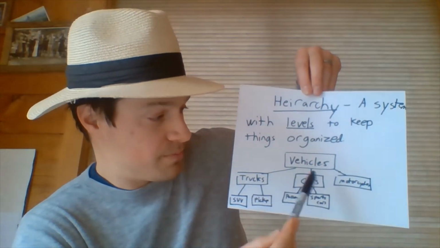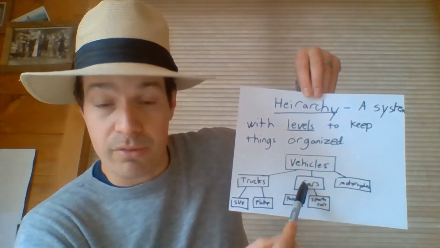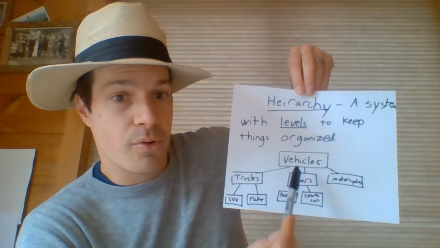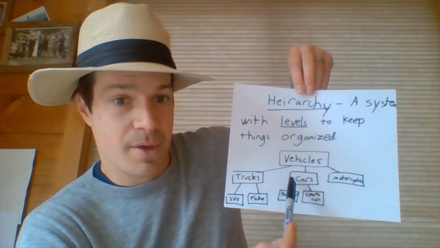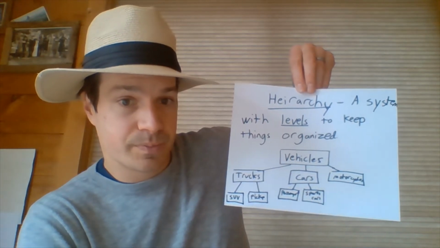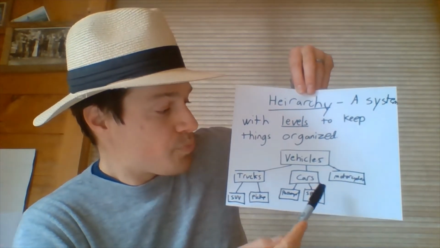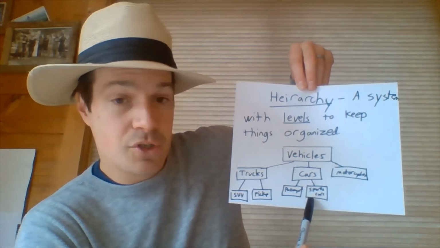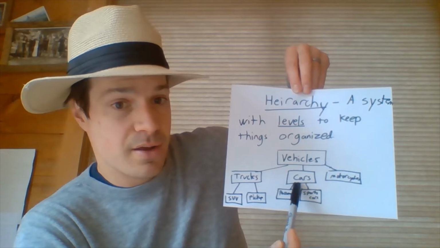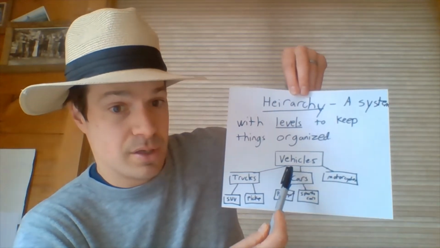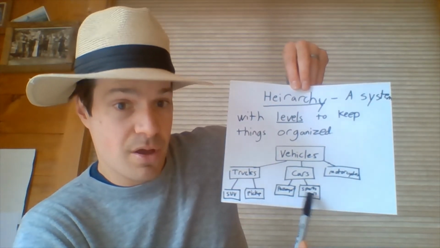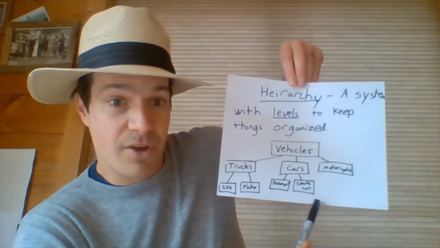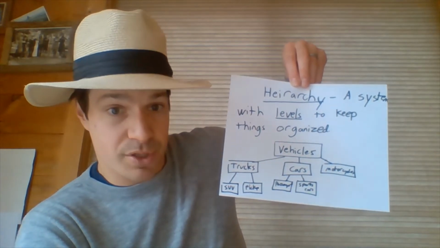So you can call it a car. You could say it's a vehicle. Yep. You could also say it's a car. In a hierarchy, both of these words can describe that object. You can go down to the next level, the third level in the hierarchy. We can see sports cars. Sports cars are a type of car, which is a type of vehicle. So I could describe that as a vehicle, a car, or, the most specific way to describe it, a sports car.